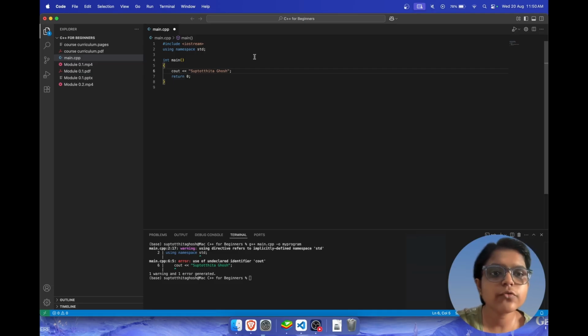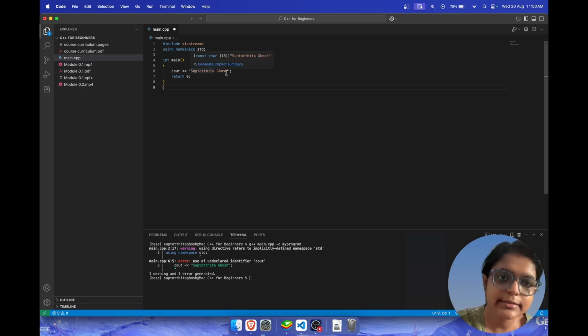So you can think of the main function as the front door of your program. And then we have the statements inside the curly brackets. These are the instructions that you provide to your machine, and each of these instructions should end with a semicolon. This is something we had touched upon in the previous lecture, right?